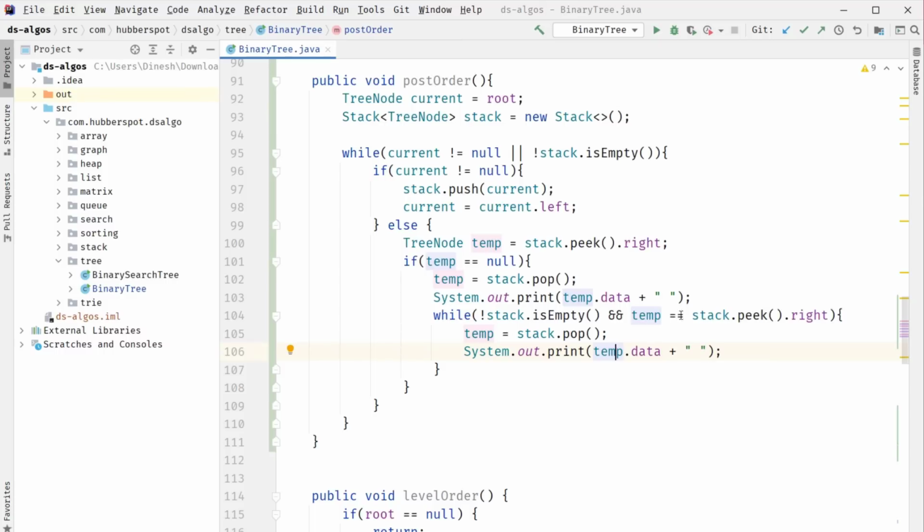So once this condition comes out to be true and we pop the parent from the stack, there can also be a chance that whatever we visited here will also be on the right of its parent.